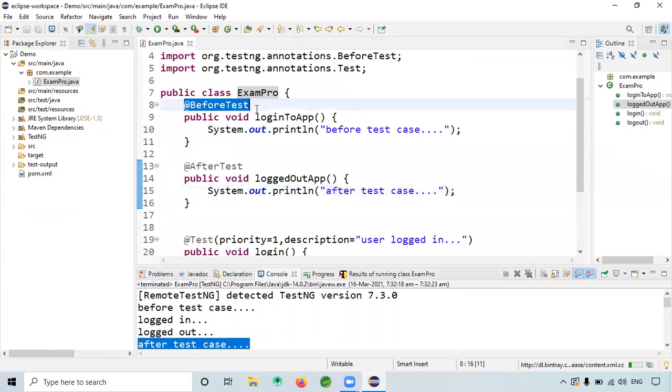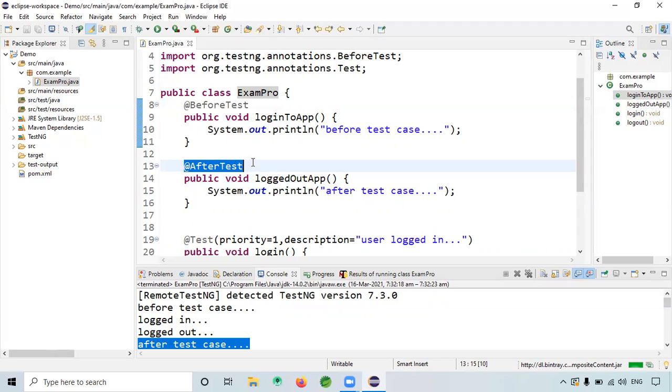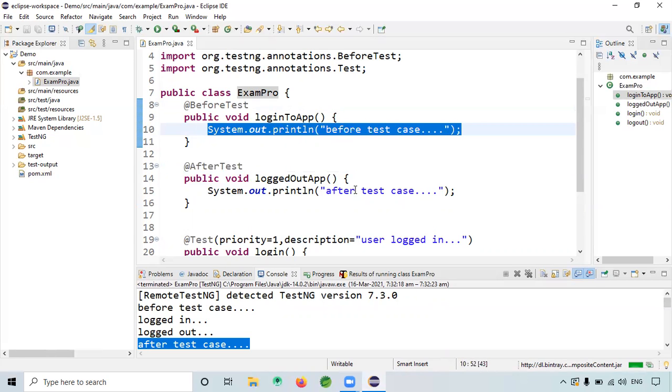So basically, if we have written our Selenium code here, we will be writing the driver setting properties inside that before test function, and closing the driver after every test, and whatever tests we are performing, we'll be writing as methods in the at test annotation. Will that work? Yes, yes, it will work.